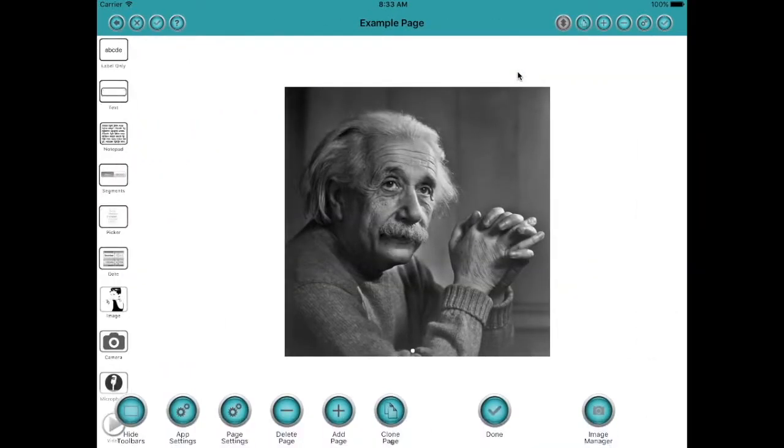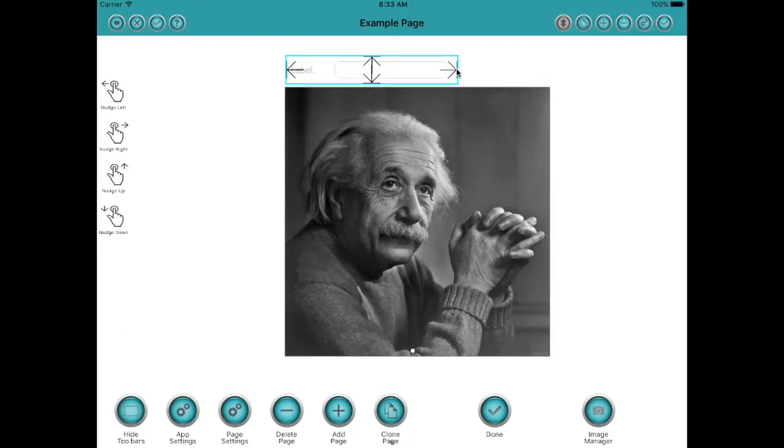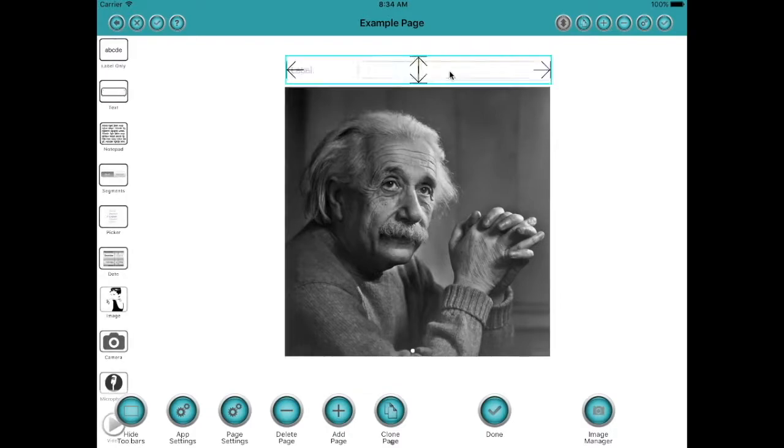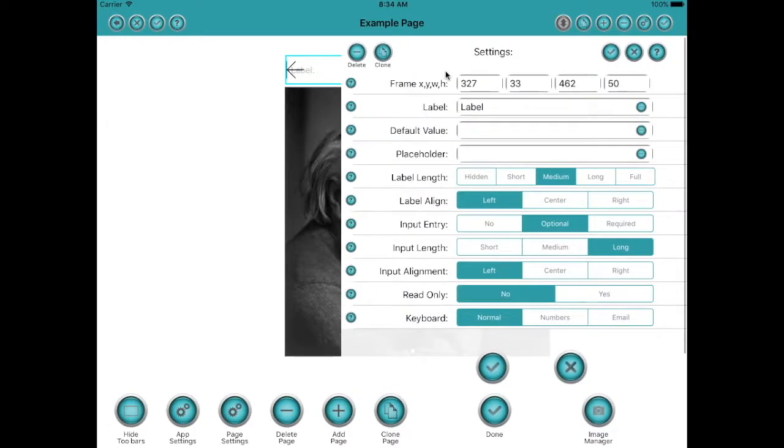Back into design mode again, and here we're going to add an edit box, which is a standard iOS control again, and select it, drag it. There we go. Let's put it there. Let's make it a little bit wider. There we are. And again, go into the settings panel for it, and you can see there's some options there